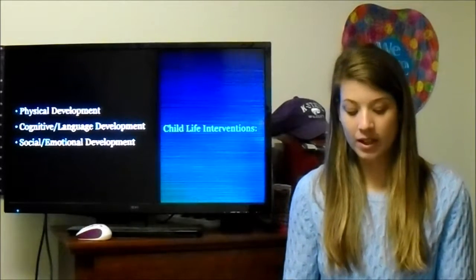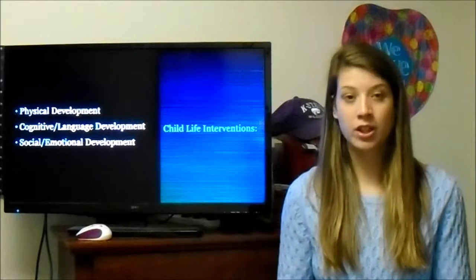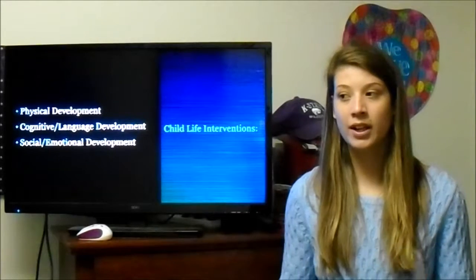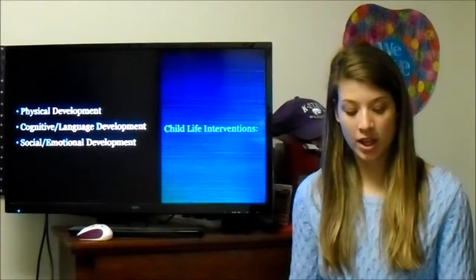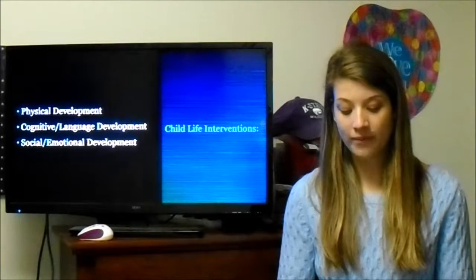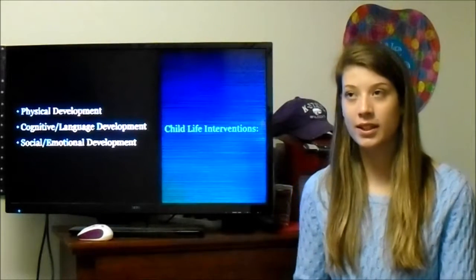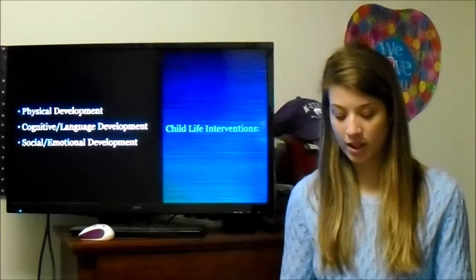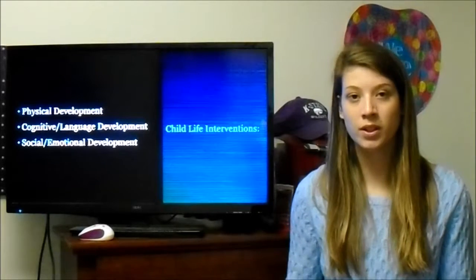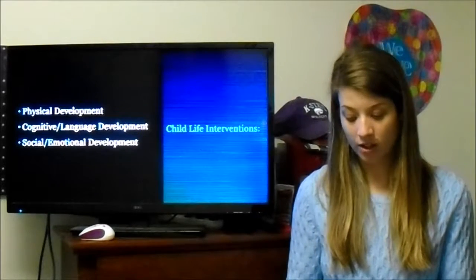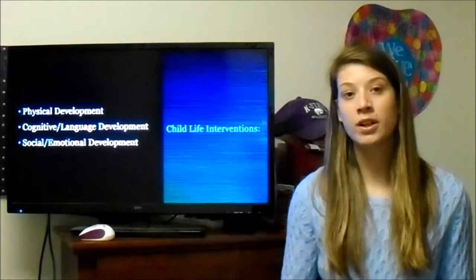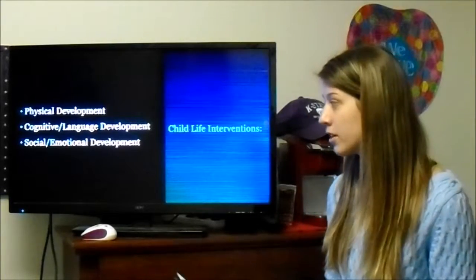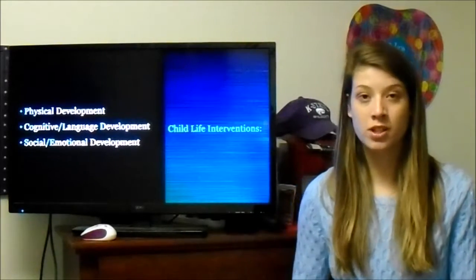hospital. The next, with the cognitive side, you need to make sure that you use simple terms and directions to help with the kid. This is really important because a kid's imagination can get really big, and they can think of many things. And so this goes with Tay Sachs because a kid with Tay Sachs may lose their hearing. And so you need to make sure you use short sentences and talk really clearly to make sure that they understand. You also need to make sure that you give them their undivided attention because they may get really frustrated if not.